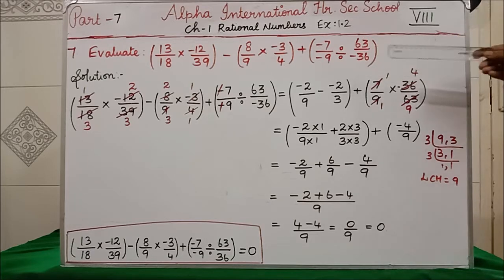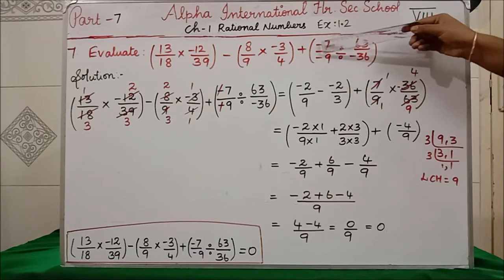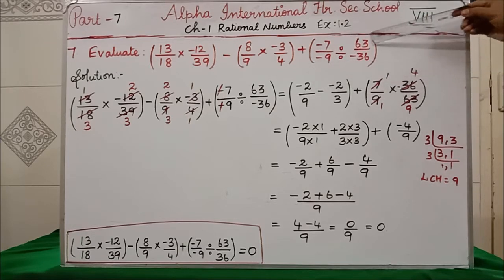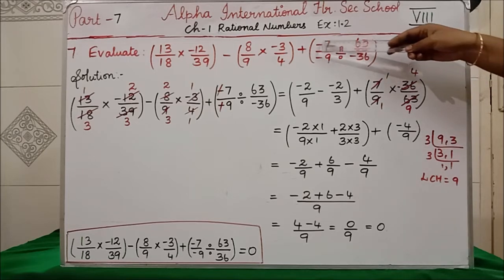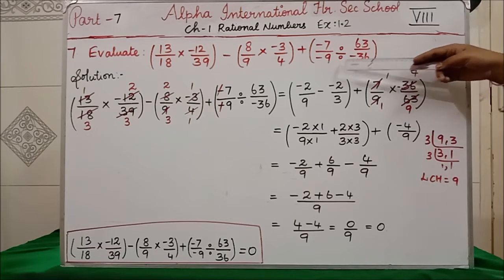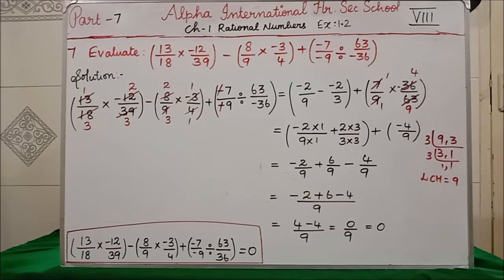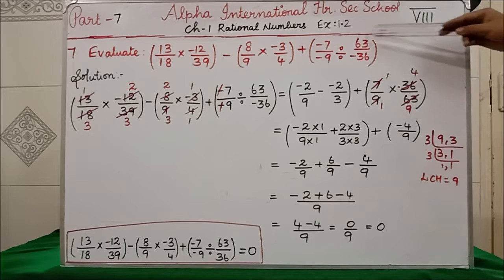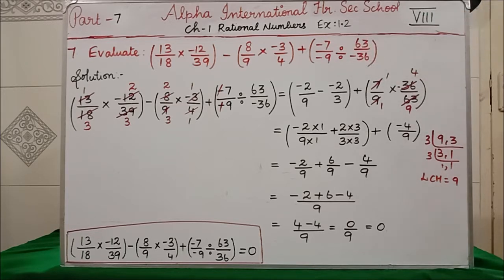See students, for divide, if the numerator part is a fraction and the denominator part is also a fraction, then when you are writing, the denominator part will become reciprocal. See, I have cancelled the minus. I have written 7 by 9. The divide symbol has now changed into multiply. Why? Because we are going to take the reciprocal of the denominator part. I have taught this type in exercise 1.1 itself, isn't it? Now this minus 36 will go to the numerator.